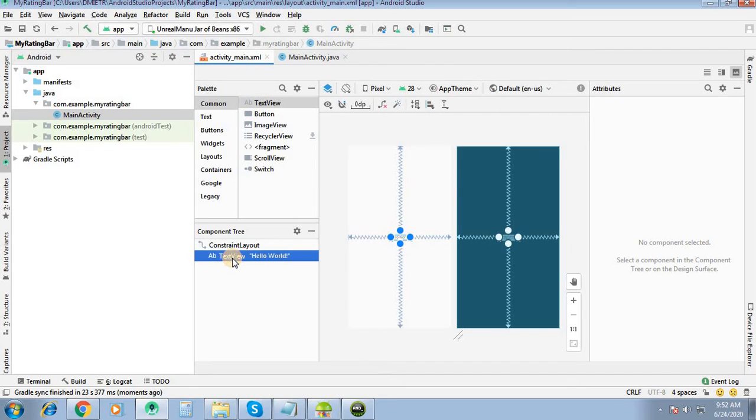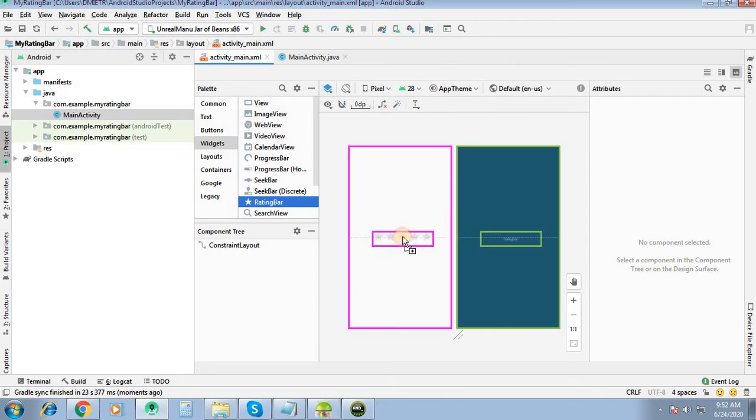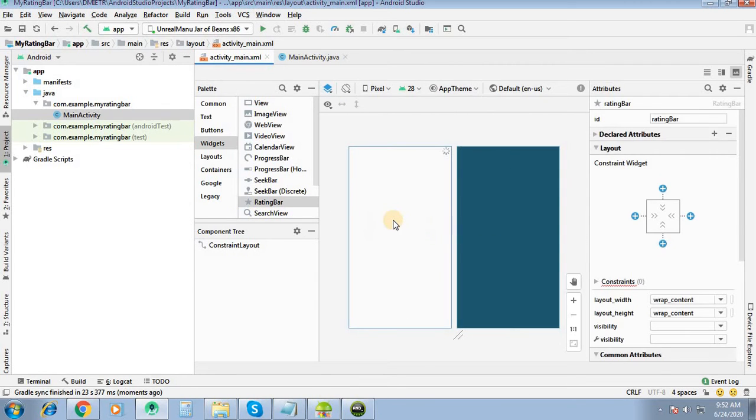We will delete the default text view. From the palette, widgets, we will go for the rating bar, drop it, and set the coordinates for this rating bar.